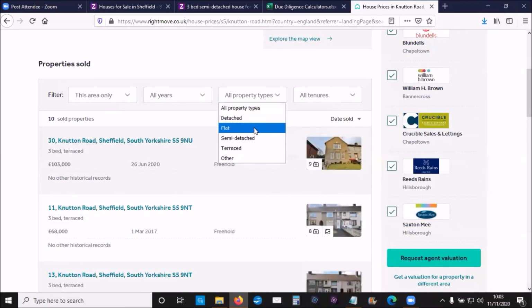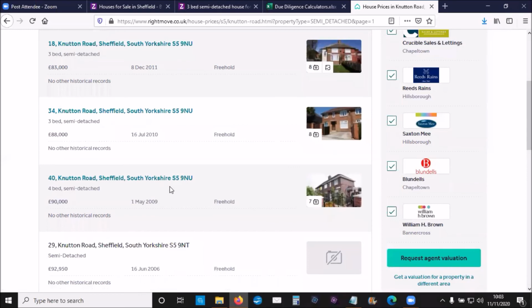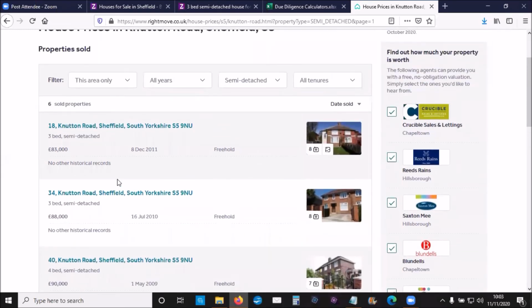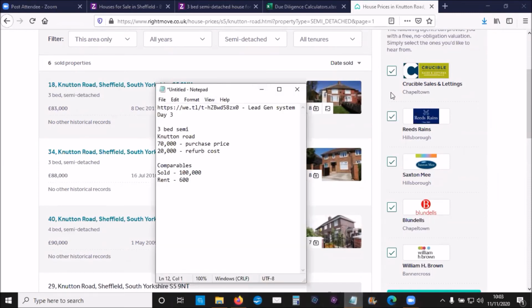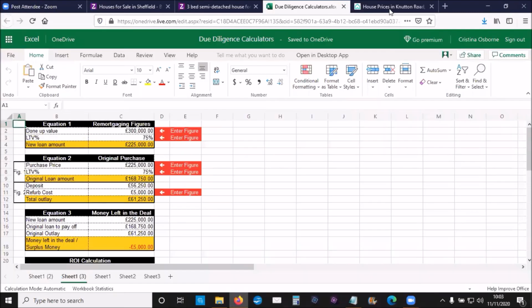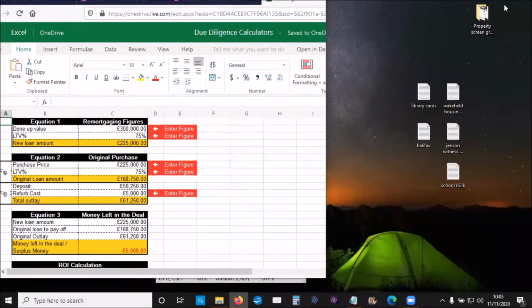Property types, that was a semi-detached. It's hard to say because these are close to 10 years ago. 83,000, 88, 90. I'm going to say 100,000. I think it's a fair estimate. Okay, it's 100,000. So, guys, use your calculators